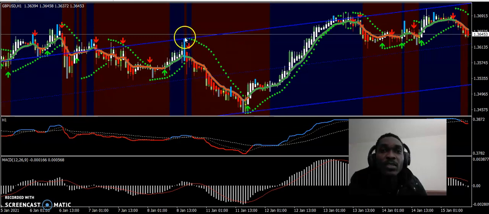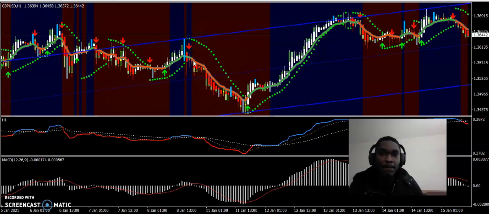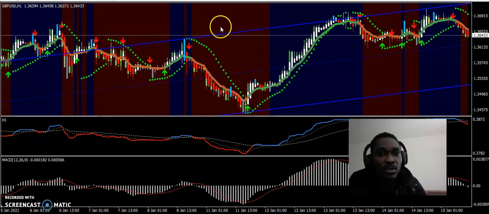And then we have the parabolic SAR, which tells you where your stop loss should be. Stop loss one, and then your entry two. So it helps you to filter the trade, and it takes out the noise. You want to enter a trade where you have the arrow and the SAR touch, and